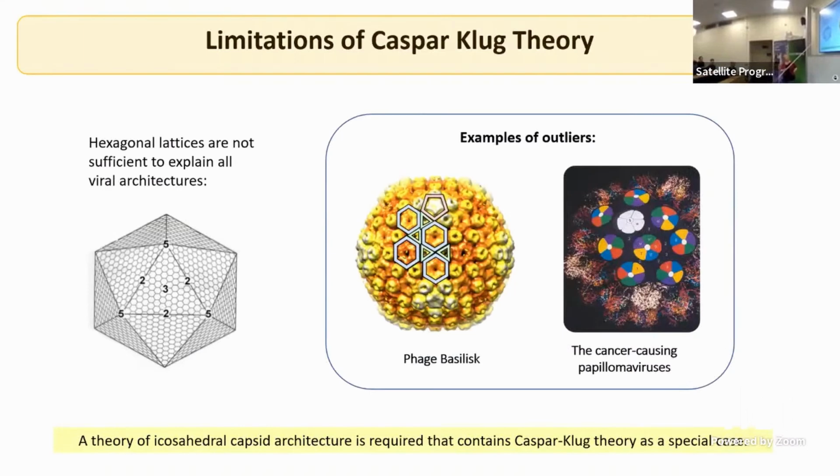But if we look at Caspar-Klug theory, there are two mathematical problems arising that we've been looking at in our team over the years. And these are that these surface lattices that Caspar and Klug use are too restrictive to understand the plethora of viral structures that we know exist in nature. And there's just one example here on the left-hand side that inspired a paper we did in Nature Comms in